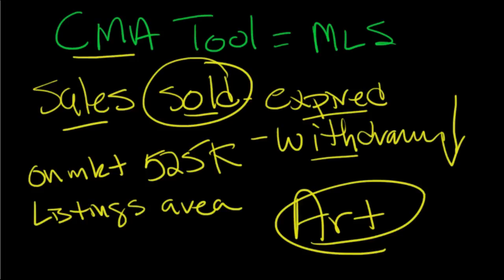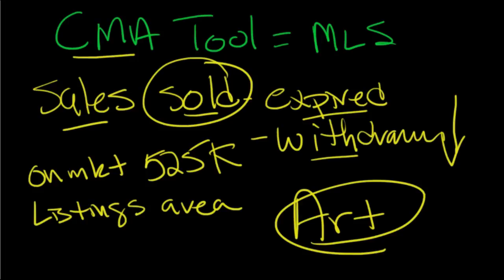Well, Susie Q down the street has her house, and her house was built by the same builder in the same year, and hers is on for $525. We should list ours at $525. Well, that's apples to apples. Just because she's trying to get $525 doesn't necessarily mean that it should sell for $525. Ooh, that sounds like a definition of market value, doesn't it, that we talked about earlier?